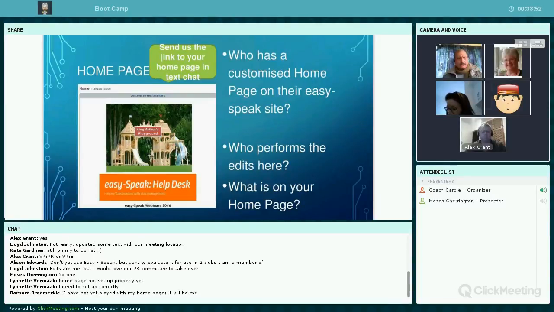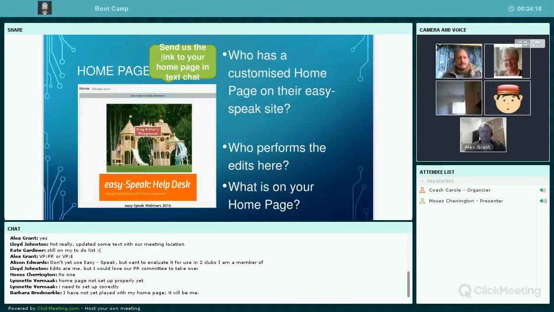What you're looking at on my slide is an opening picture that is shown on the King Arthur's Playground. Now, some of you may not have heard of that EasySpeak site. It's actually one for learning about EasySpeak. So it's filled with fictional characters whom you are going to meet during my presentations today.